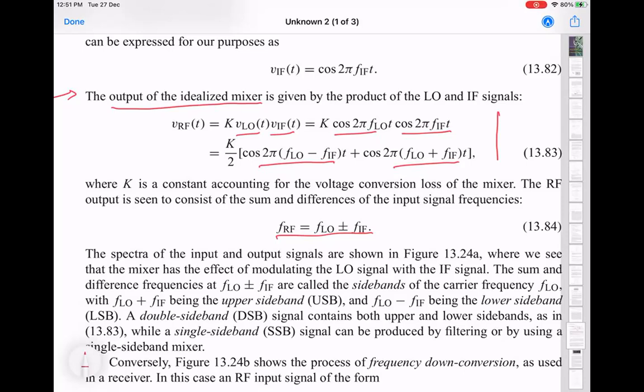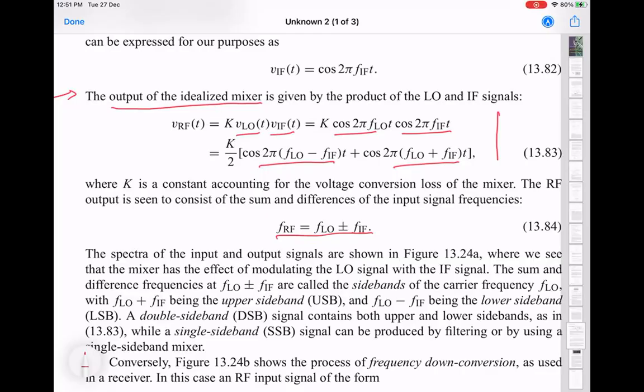So one way to think about it is that an LO which is not narrowband, or not precisely one frequency, can be modeled as a perfect LO which is modulated in amplitude or phase by some small frequency, and that gives you a bandwidth. Now this extra modulation can be thought of as an unwanted signal in your actual spectrum, because you are